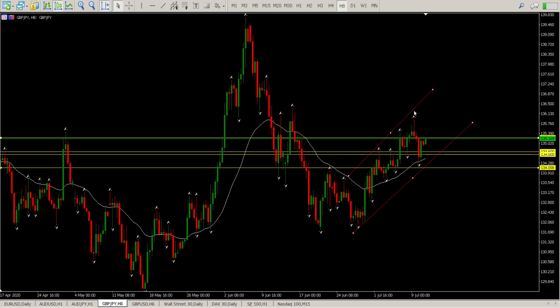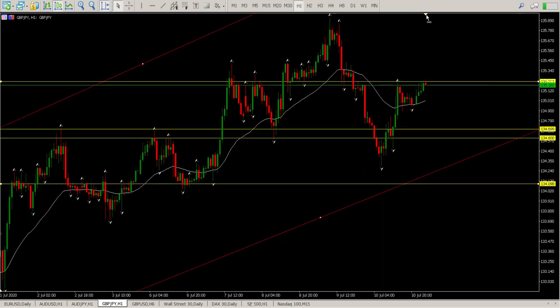It rallied hard up the top, then came back sort of below our entry, took out my trailers that I had in, and then bounced off again. So I think there is still opportunities here for this thing to go up. Okay, you can see this was the entry here, rallied hard, and then came all the way back. And I think my stop was pretty much at entry here for the few that I had in trailing, and that got stopped out. So I would be watching this area again,